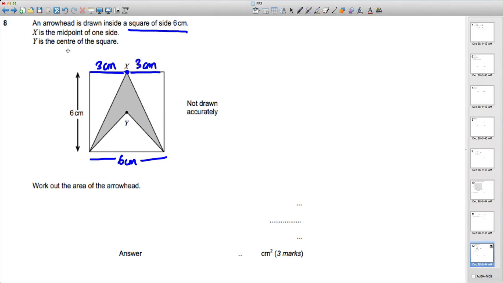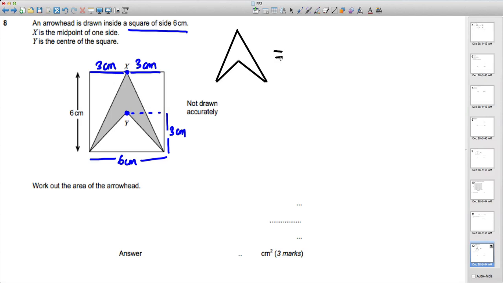Y is the centre of the square. So if that's the centre of the square, then the height of this must also be 3 centimetres. Okay? Work out the area of the arrowhead. Well, for my mind, I would actually just do this in pictures. The area of the arrowhead here